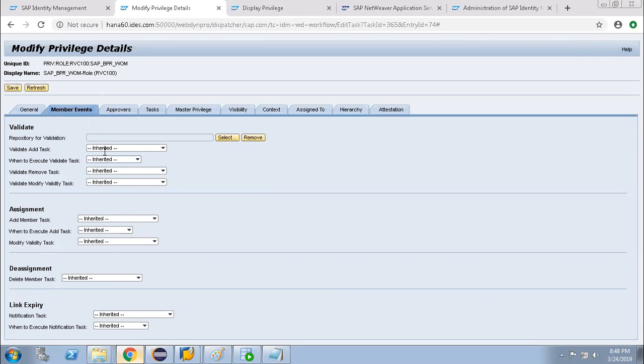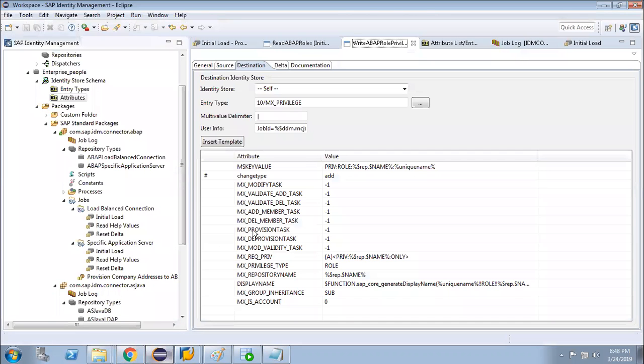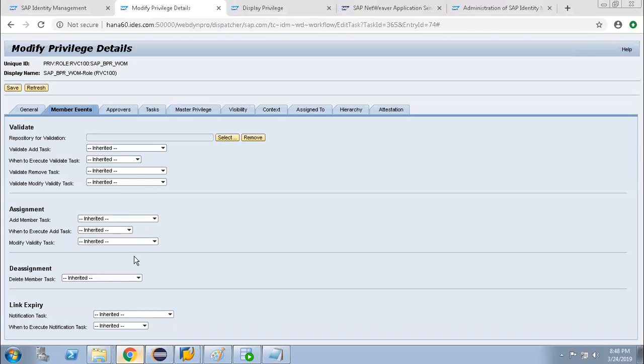Usually by default these are inherited. If you go back here, MX modified task equals minus all, the -1, that means it is inherited. Add member task, delete member task, MX provision task, deprovision task, all are showing as inherited. But there is a purpose of using this. You will say, if everything is inherited, what is the purpose?